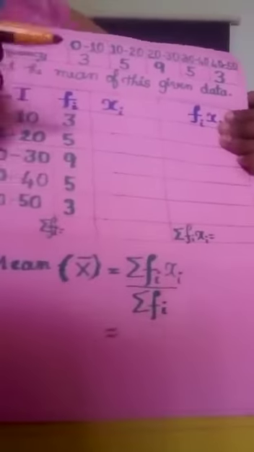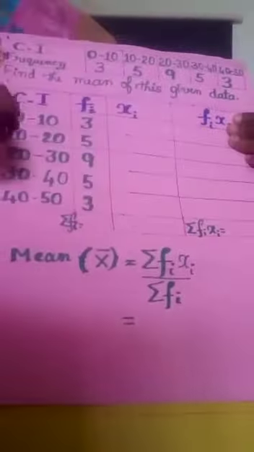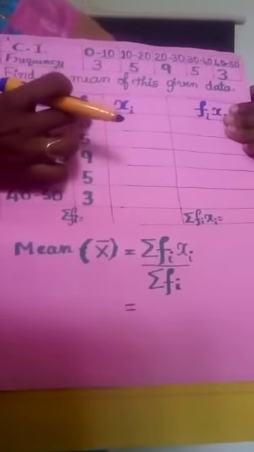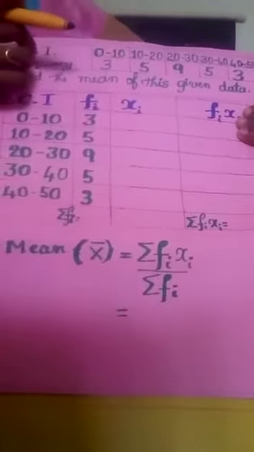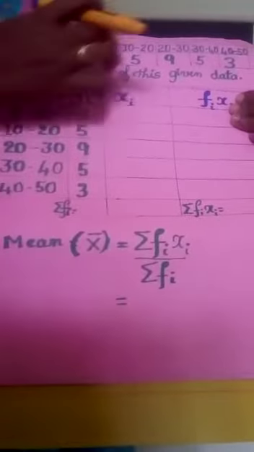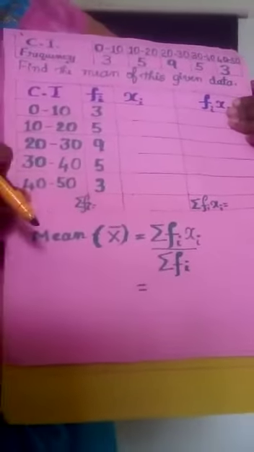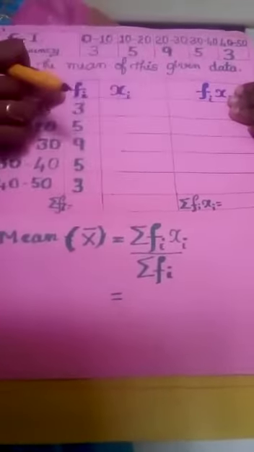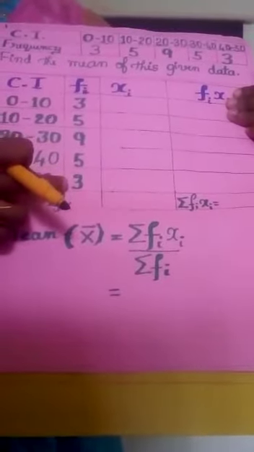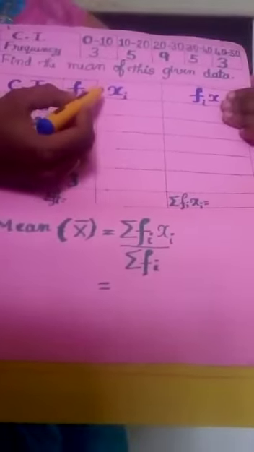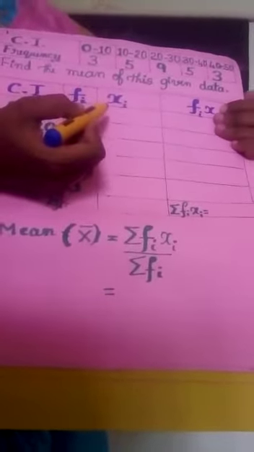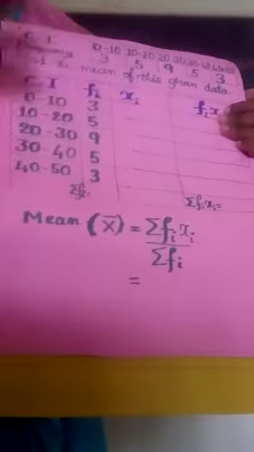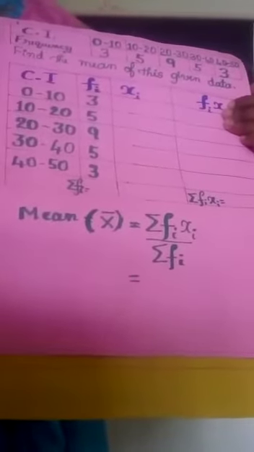Now to find the mean you have to draw the tabular column as earlier, but here one column is extra. The first and second columns, what the question gives, you have to write the same in these columns. That is class interval 0 to 10, down to 40 to 50. Then the frequency column, you write the corresponding frequencies. Then the third column xi, that is the class mark. How to find the class mark? That is the midpoint of the given class interval.